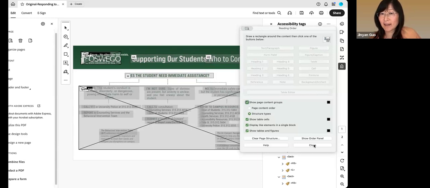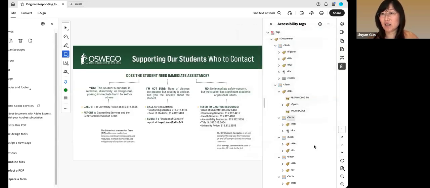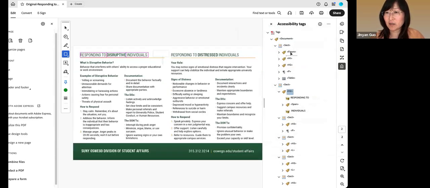And once it's tagged, this just shows you how to add a new component if the software doesn't recognize it, or even separate one component from another that is recognized, such as if I want to separate this sentence, right? And then you just do close. And once it's recognized, you can just switch their